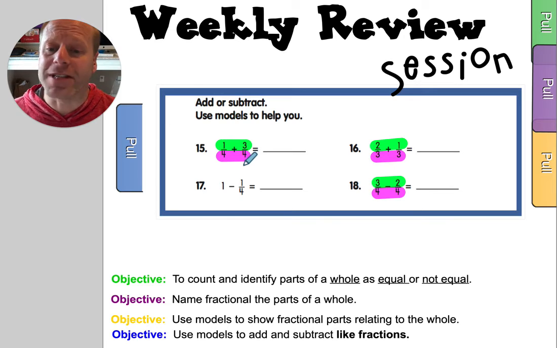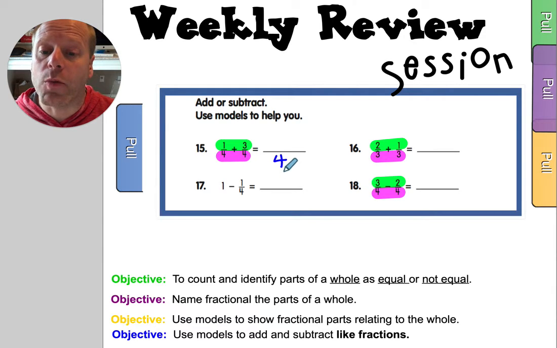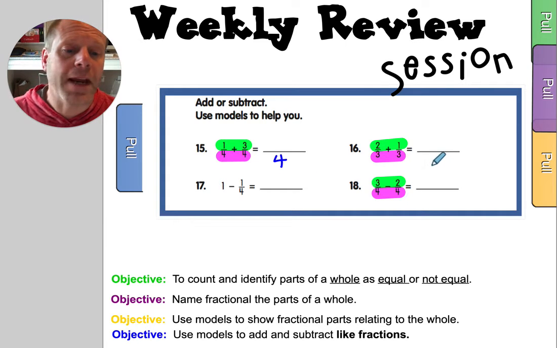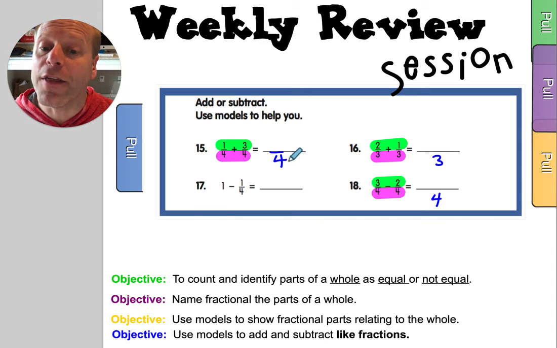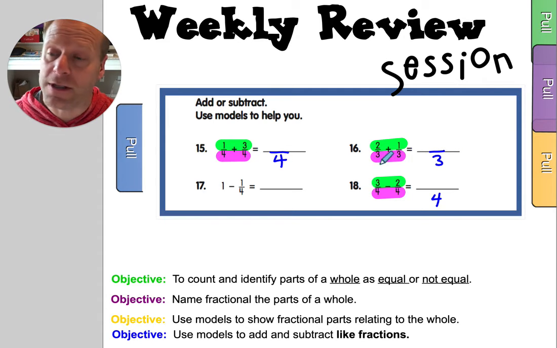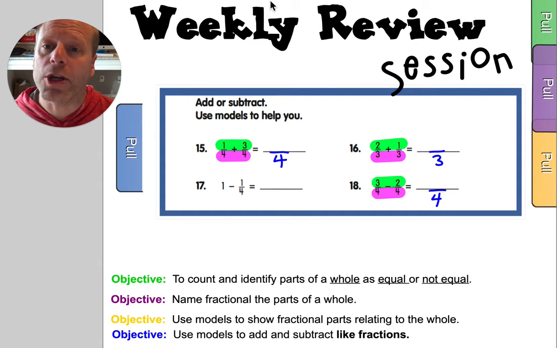The denominator's not. If you start with monkeys, you're going to end up with monkeys in the problem. If you start with bananas, you're going to end up with bananas. If you start with bicycles, you're going to end up with bicycles. So what I mean by that is if you start with fourths, the fourth stays the same all the way through the problem, even into the answer. Same with the thirds. If you start with thirds, it's going to stay the same. Same with the fourths. The only part you have to change is the top part, and it just depends what they're asking you to